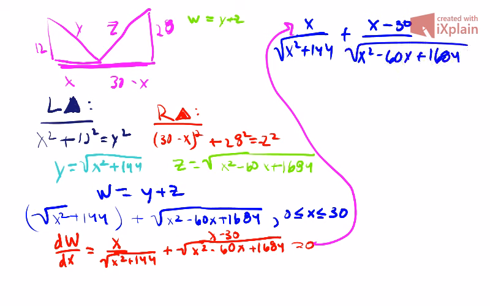1684. And all in the radical. And that all has to equal 0, just like we reassured from the bottom there. So, you are going to then do x rad x squared minus 60x plus 1684